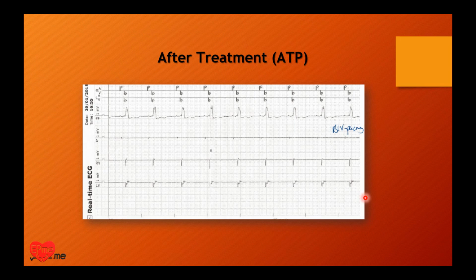Pacing the ventricles at 140 beats a minute is hopefully breaking the re-entry cycle of the VT, and after a burst of 10, 12 beats, it allows a break and allows the sinus node to take control in a more organized fashion of the